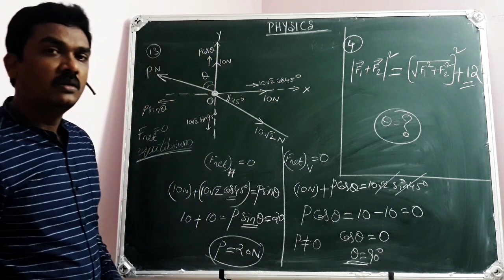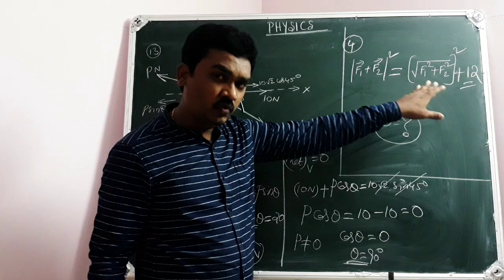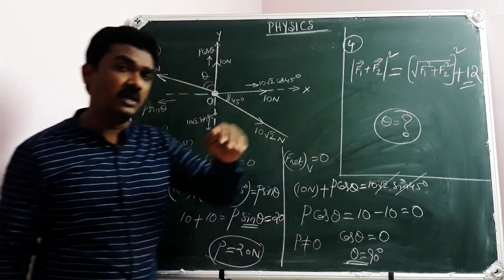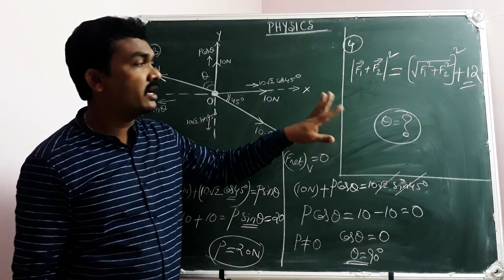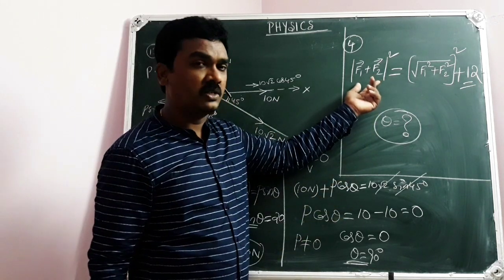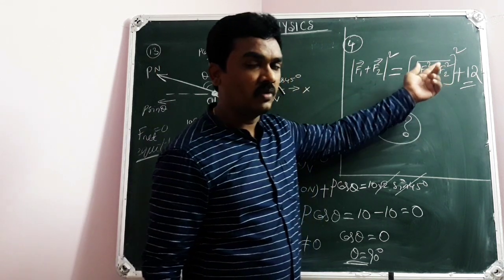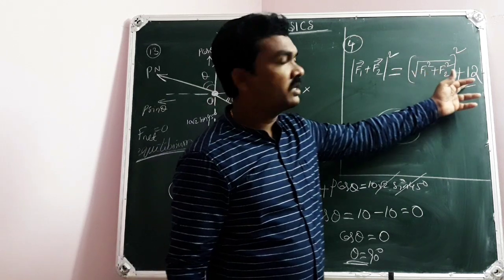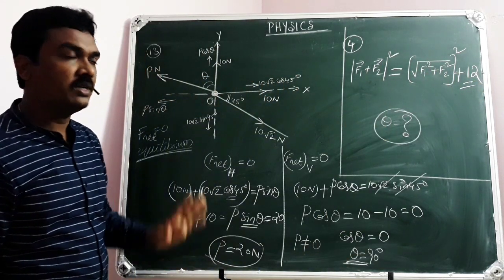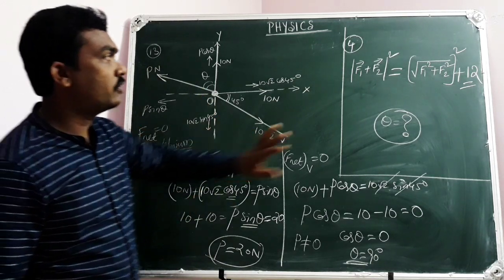The square of their resultant exceeds by 12 the square of their resultant when they are perpendicular. Then calculate the angle between the two forces. So here you can apply F1 square plus F2 square plus 2 F1 F2 cos theta. Here it is F1 square plus F2 square, because square and root will cancel, plus 12. Then if you simplify, you will get the theta value, where theta is the angle between the two forces F1 and F2. This is the fourth question.